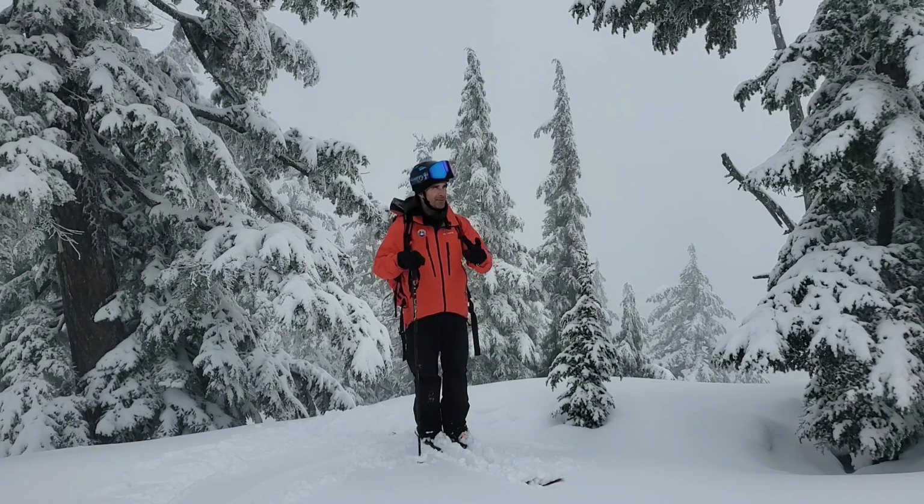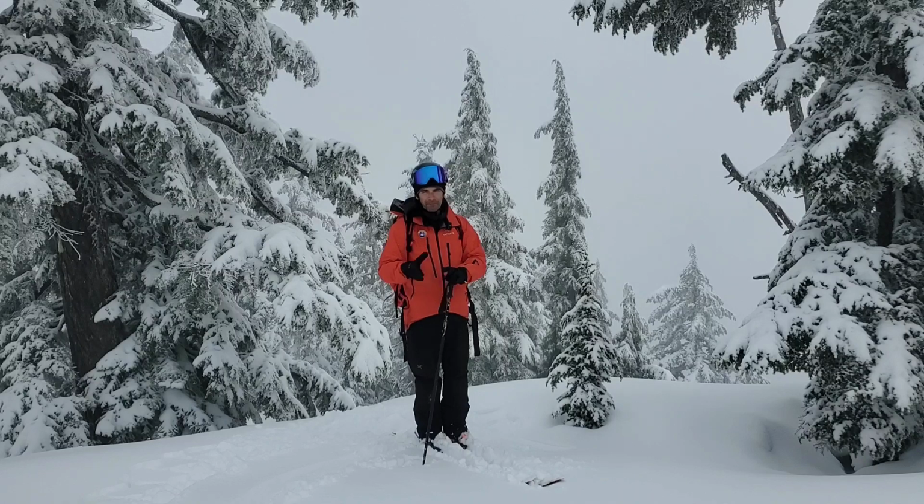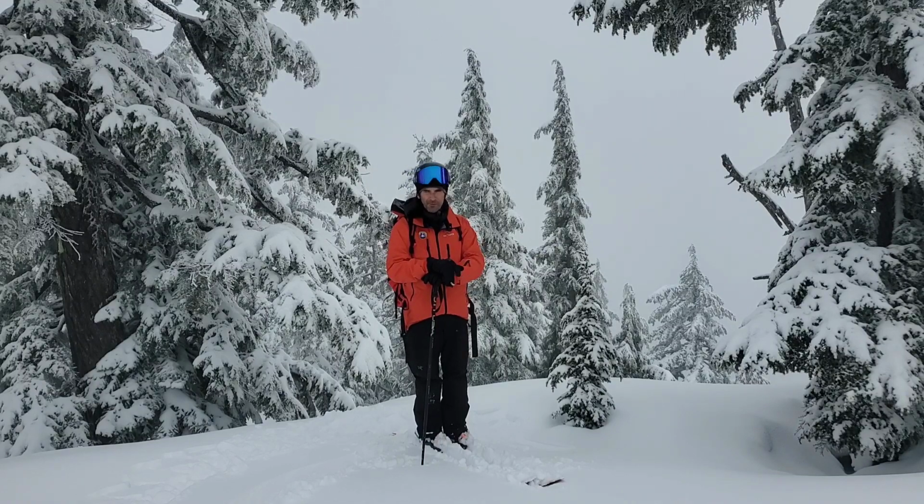Doesn't seem to be able to decide whether it's still winter or spring. Yesterday it felt very wintry. We had some snow. It was quite convective, so the amount of snow that we got on the North Shore varies quite a bit from where we are today. We're seeing anywhere between about 5 to maybe 20 centimeters of snow, but I suspect there's probably places that have a little bit more. And all of that snow is sitting on a crust, but the bond seems to be